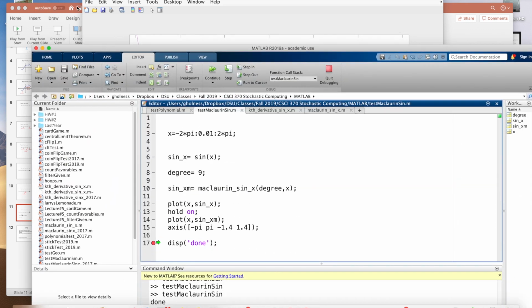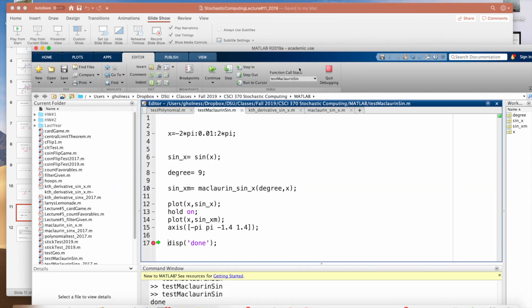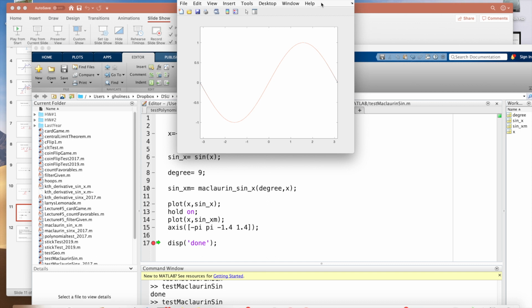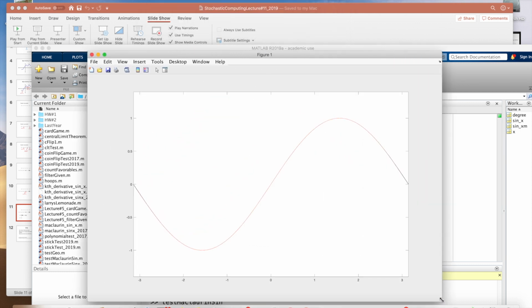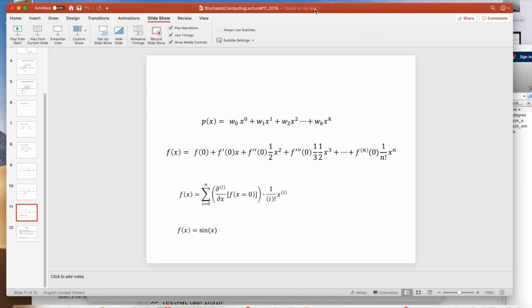Okay? All right. Let me just rerun that and leave it there. Save. Degree is 9. There we go. Back to where we were. Okay. Any questions about this? Does that make sense? So here we are. We have the red perfectly superimposed with the blue, at least by my eyeballs.